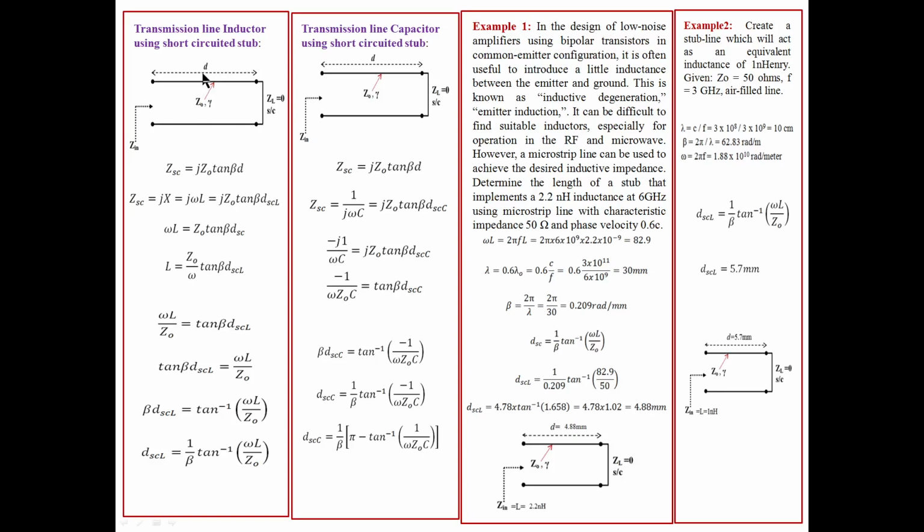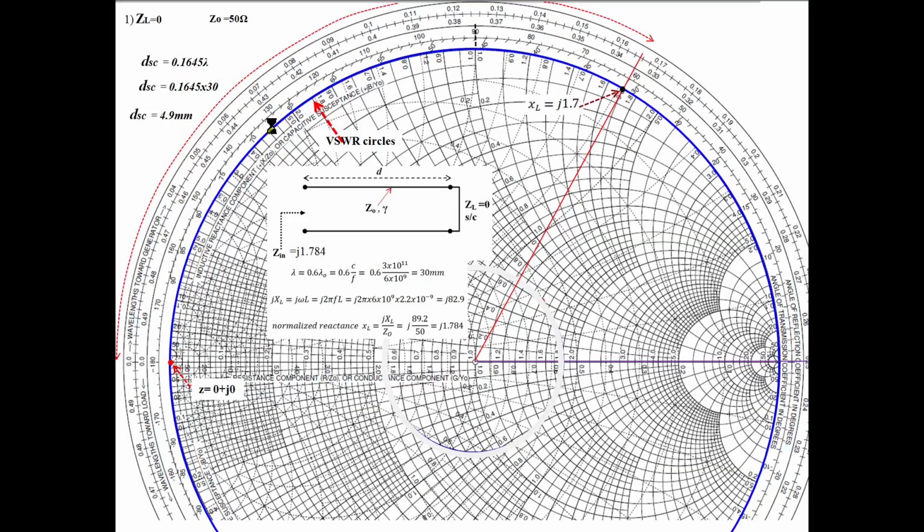So this is like a transmission line problem, only to find this distance. You mark the load. Our load we know, a shorted stub we are using. It is a transmission line but short circuited. Mark this load on the Smith chart. Where is that point? ZL equal to 0 means X value 0, R value 0. Where is that point? It is here. R value 0, X value 0 coincides here.